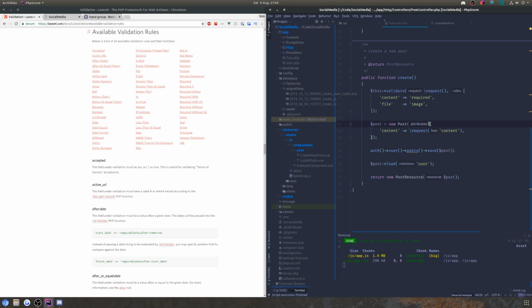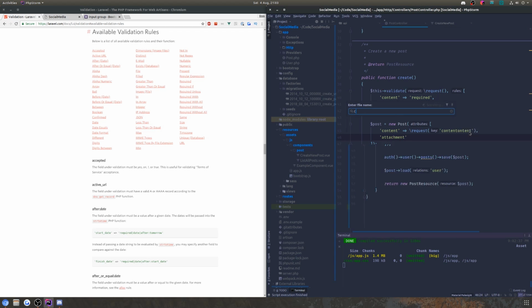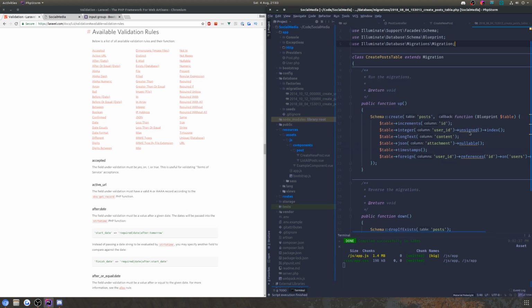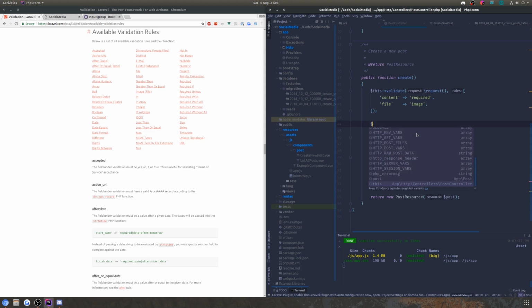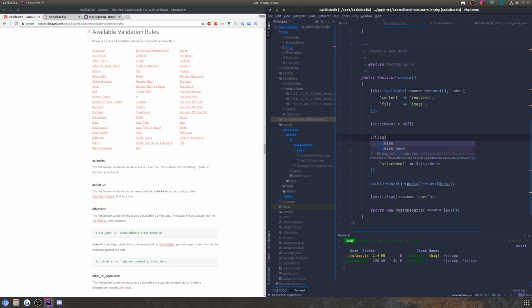So now what we're gonna do... Okay, so we'll just do attachment. Oh, did we call it attachment? We did. Now, attachment could be null, which is gonna be fine. So we'll just define that as null by default. And if request... Hold on guys, I got a wire on my microphone that's getting in the way. There we go. If request has file,